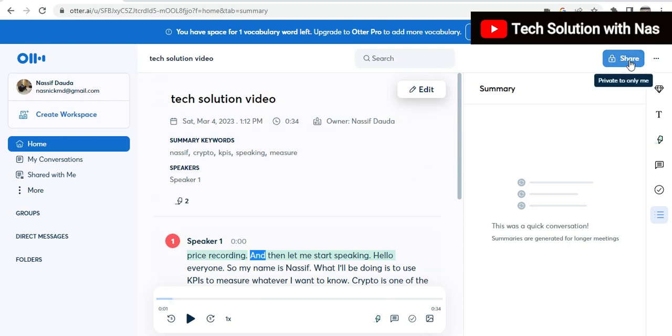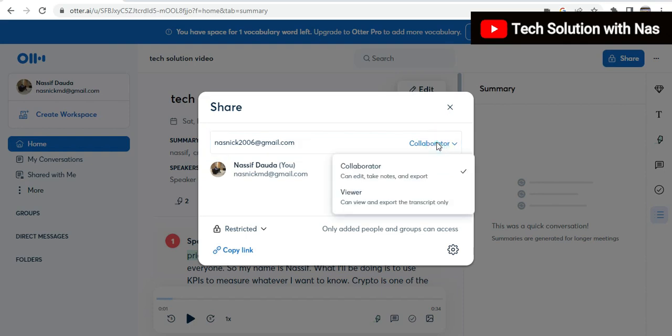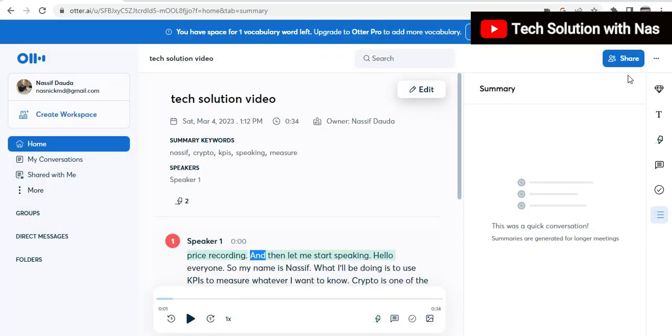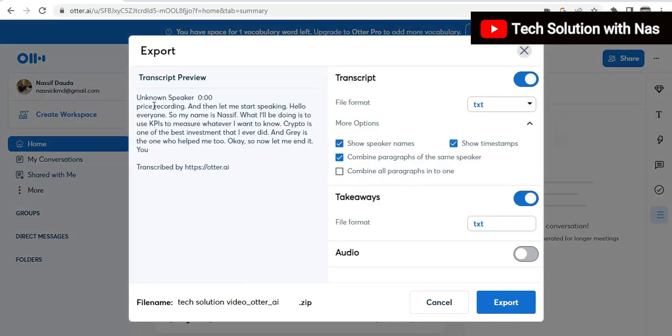So you can share your meeting or your transcription with other people. Okay, so let me just select someone, and then okay, so I'm using my other account. So you can make someone a viewer, and then you can make someone a collaborator. So you just unrestrict and then have access to it. Everyone who has the link has access to it, and then that's all. So I've now shared it successfully,